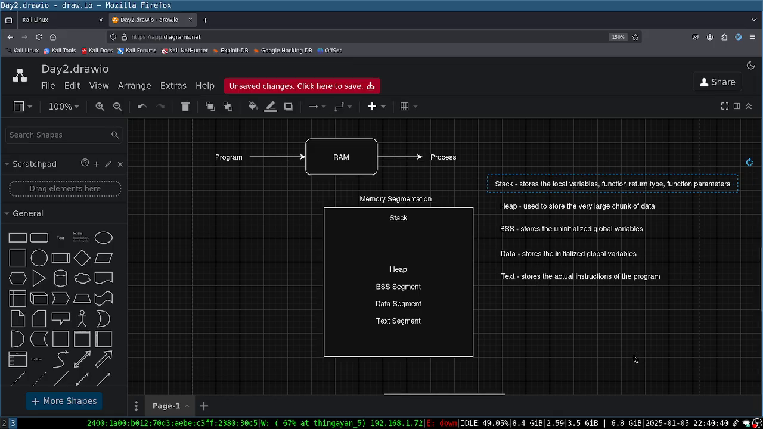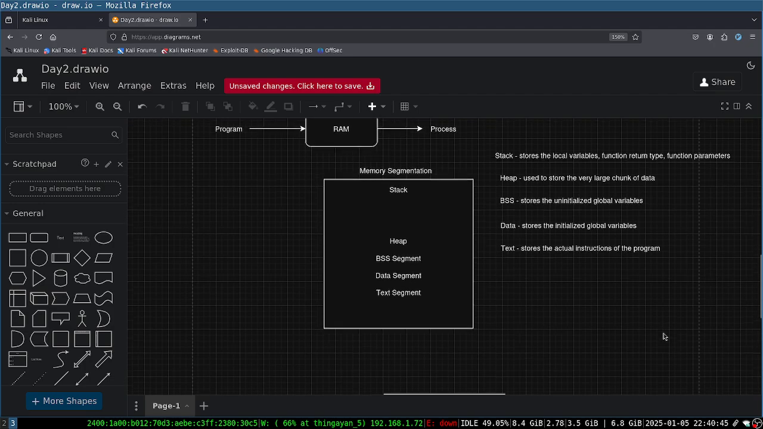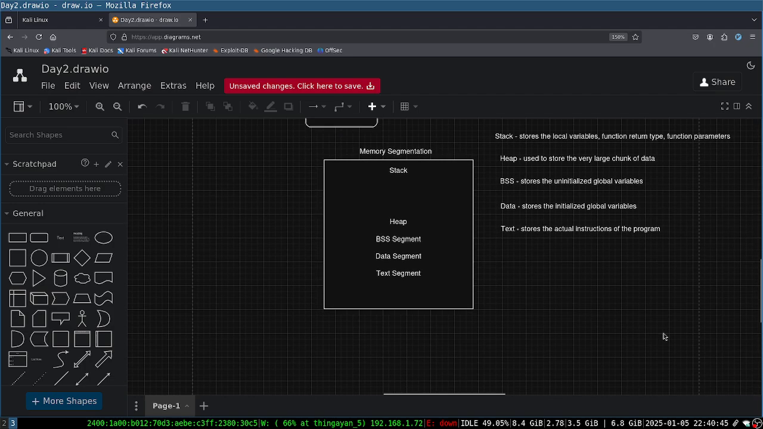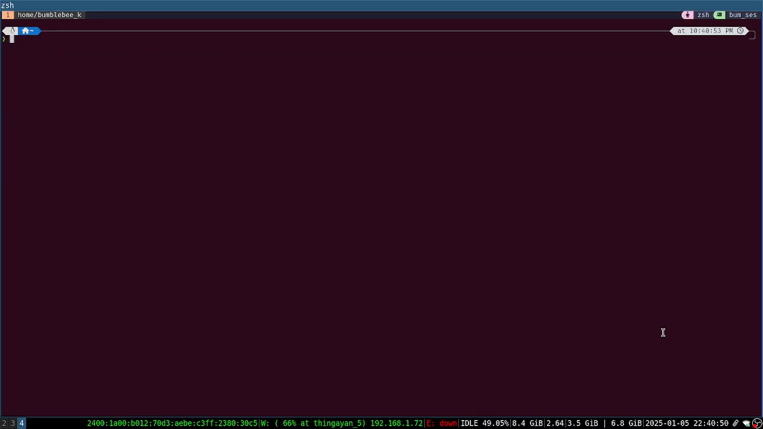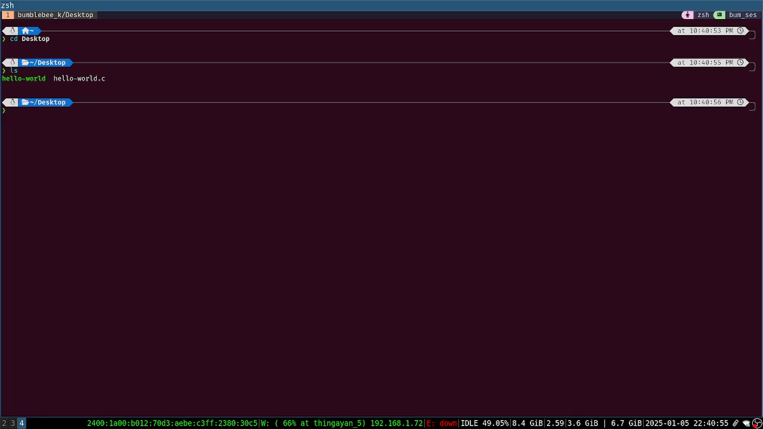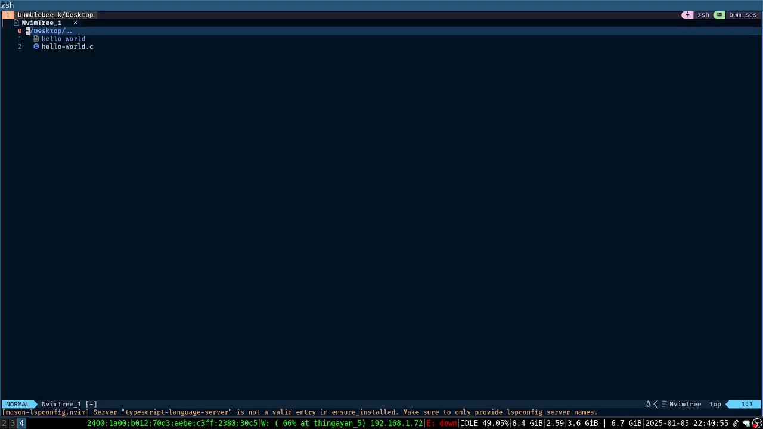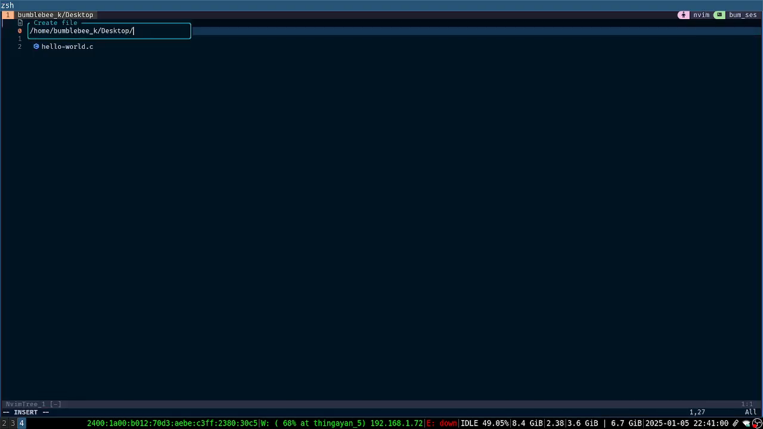Parameters, right? So this is what we are going to see through the GDB. Okay, so let's go to the desktop. Okay, so memory, yes, memory